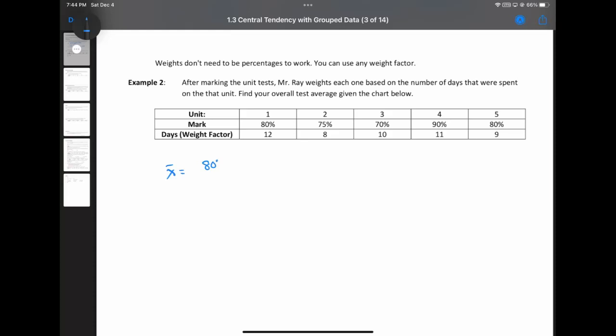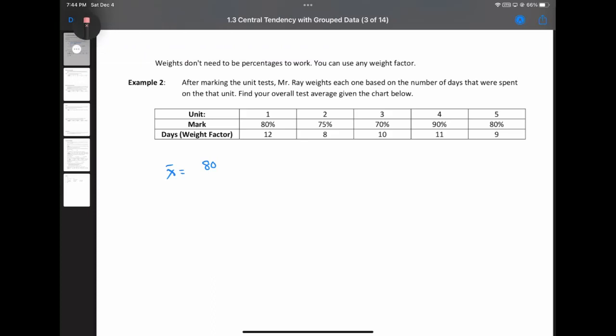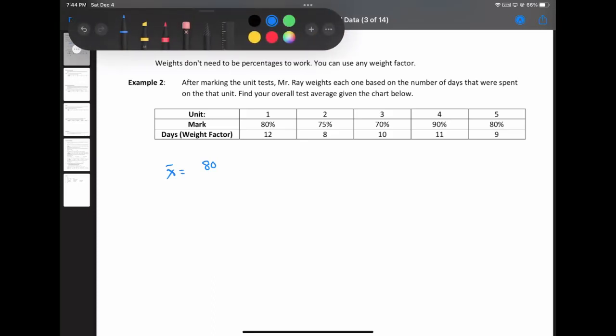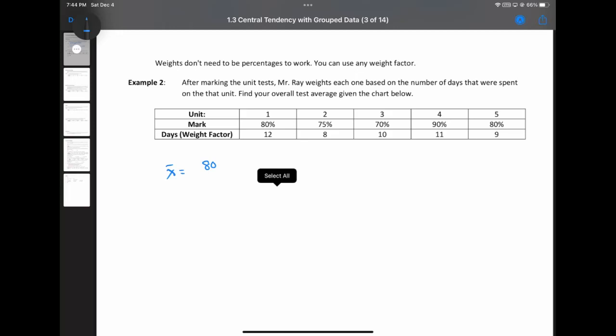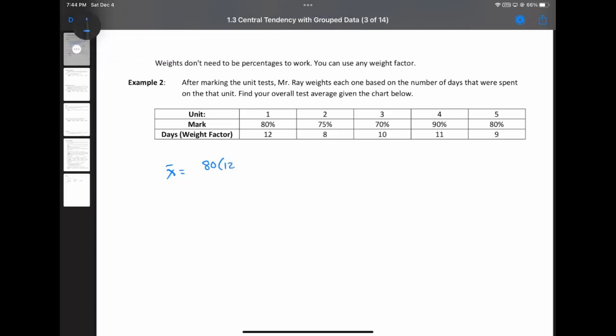I'm just going to say, okay, I've got 80%. And I said I wasn't going to write it down, and then I started to write it down. No writing it down. There we go. Okay, so 80%, and I'm going to weight it at 12. So 80 times 12. And just to be a little more consistent with how I did the other ones, I'm going to use brackets instead of multiplication signs, because they're so easy to mistake for x's. So 80 times 12 plus 75